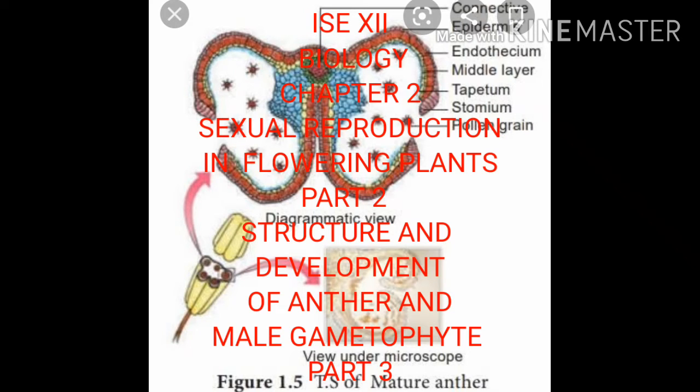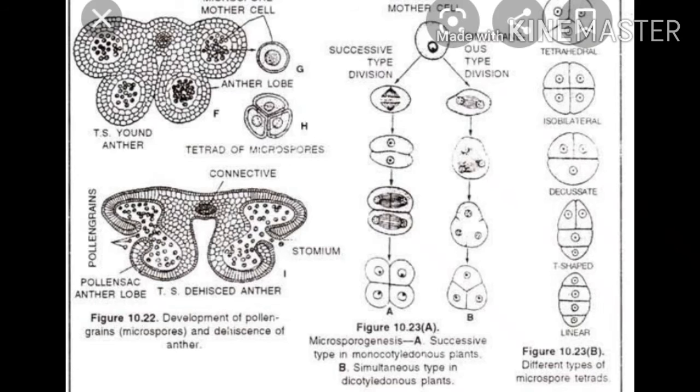So, microspore formation is of two types. Successive: after the first meiotic subdivision, a callose wall is formed separating the two nuclei, leading to the formation of a dyad. The two cells of a dyad undergo second meiotic subdivision to form a tetrad of 4 cells. The callose wall is again formed after second meiotic division.